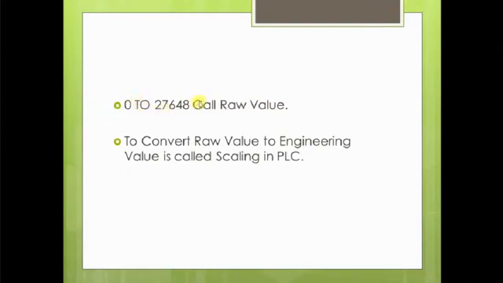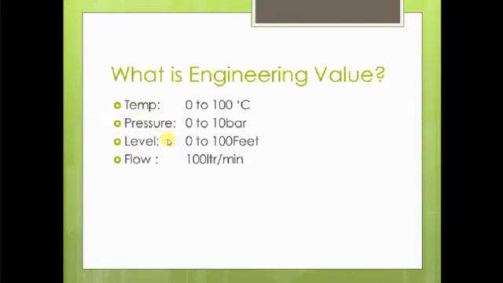When we convert this raw value into an engineering value, it is called scaling, which is what we are doing today. So what is the engineering value? The actual engineering value is the value that you can see on panels, mostly if you are working in the field or you visit your control panel. On the control panel, temperature is shown in degrees, pressure in bar, level in feet or percentage, and flow in liters per minute, or as a square root value. That is the engineering value shown on your HMI or SCADA, and accordingly your panel operator will operate the system. So today we are going to convert this raw value to an engineering value, and that is called